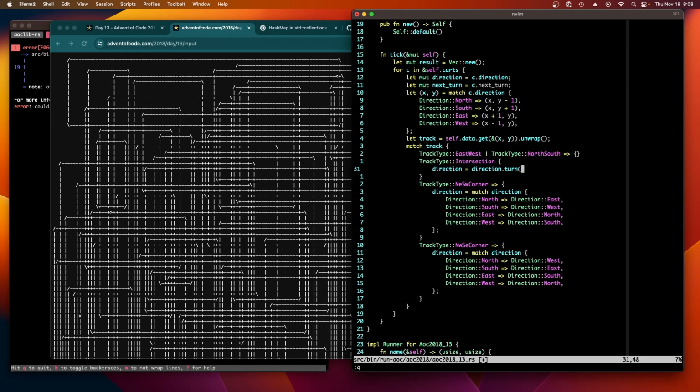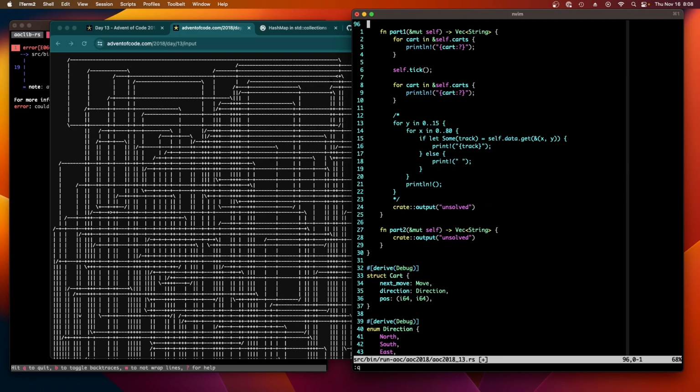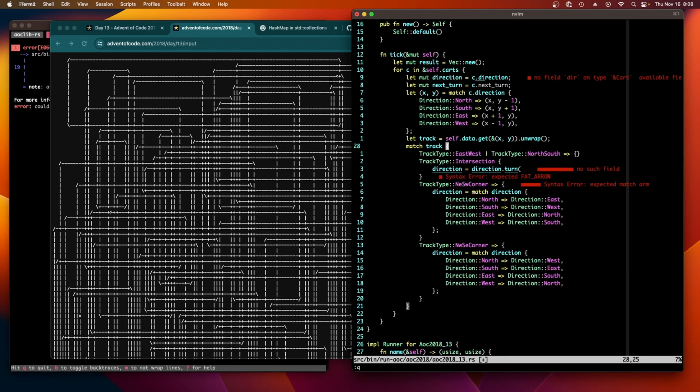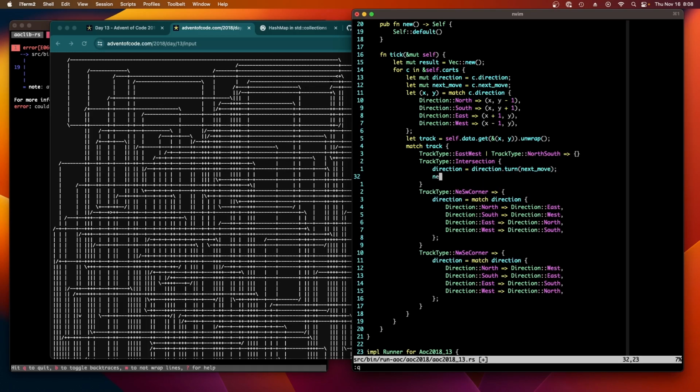I don't have a next turn in there. Next move. Yeah, because straight is not a turn. So let's call it move. And we'll give it a move. Next move. And then we can say next move equals next move successor. Oops. Right? And then down here, after we're done with all of this,